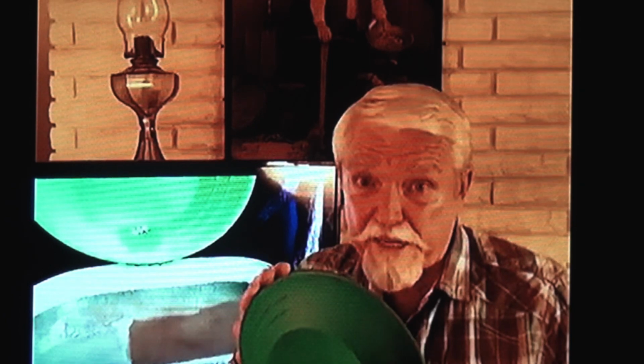So Chris wants to know, what color pan works best, green or black? Chris wants to know if the green pan or the black pan is better. Well, I'm going to tell you what. I prefer a green pan, and I'm going to tell you why. One of the main reasons: there's nothing wrong with a black pan, but